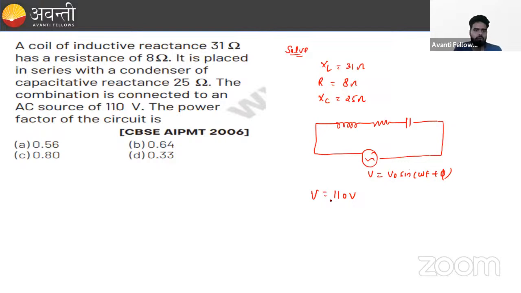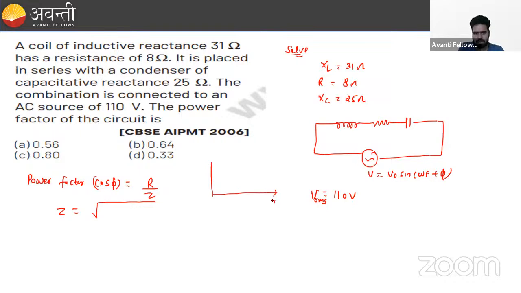Right, guys? When nothing is mentioned in the problem and the voltage is given, then we have to think that this voltage is the RMS voltage. Correct. So here, what is the power factor? The power factor is written as cos phi, and cos phi is written as R upon Z. Correct. So here R is given, we have to calculate the impedance, and impedance is found with the help of